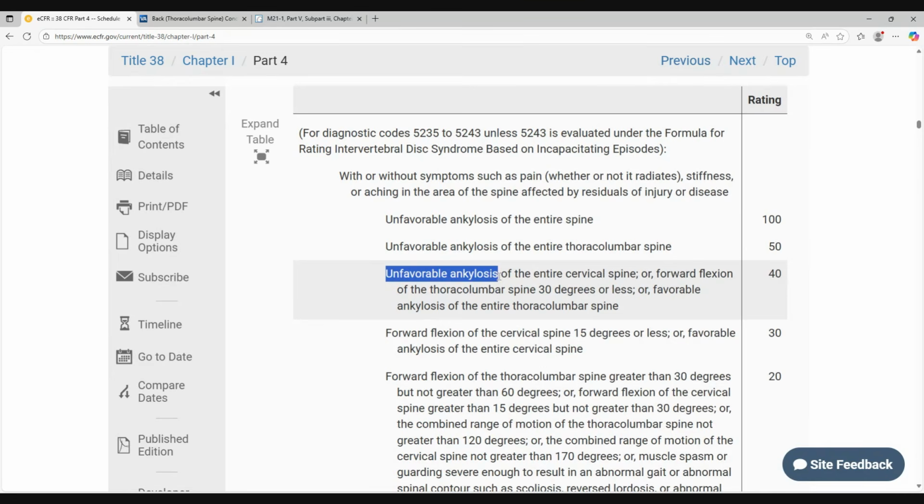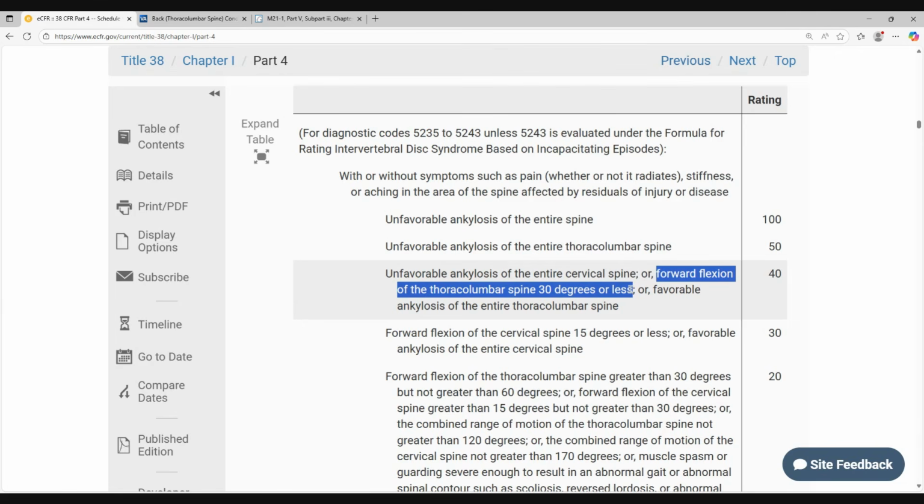Unfavorable ankylosis. So that's like a freezing of the spine in an unfavorable position is the way that I would describe it for the cervical spine. Or, see, this is why I hate this, is because now they start with the cervical spine and then they go into the thoracolumbar. They start with the thoracolumbar down here. It just drives me nuts. Okay, so the one for 40% for the thoracolumbar spine, as I regain my composure, is that 30 degrees or